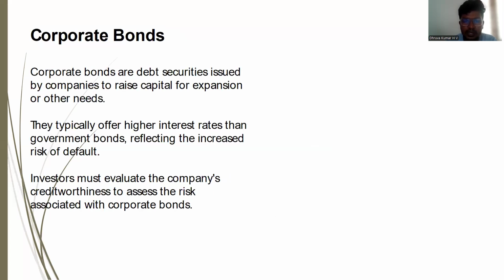Corporate bonds are debt securities issued by companies to raise capital for expansion or other needs. They typically offer a higher interest rate than government bonds, reflecting the increased risk. The investor must evaluate the company's creditworthiness to assess the risk associated with